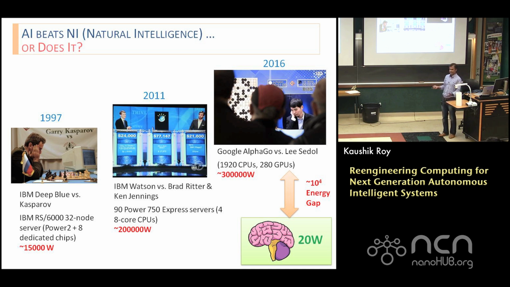In fact, today, if you look at cell phones, your battery probably doesn't even last more than a few hours. So there's a tremendous need for coming up with the right kind of architecture, the right kind of devices, and probably knowing the right kind of algorithms that the brain uses.